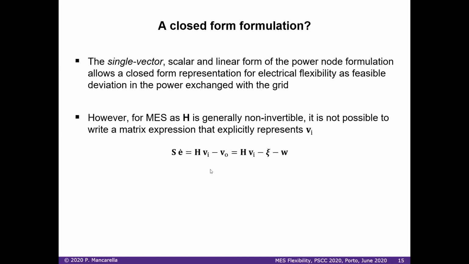So you can't really write in closed form a matrix expression that can explicitly represent VI if we were interested in understanding the variations of VI, basically the deviations of the electricity input from a given operating point. This deviation we would associate with flexibility, as I'm going to show you in definitions in a couple of slides. So we immediately realized that moving from a single vector to multiple vectors starts becoming quite complicated